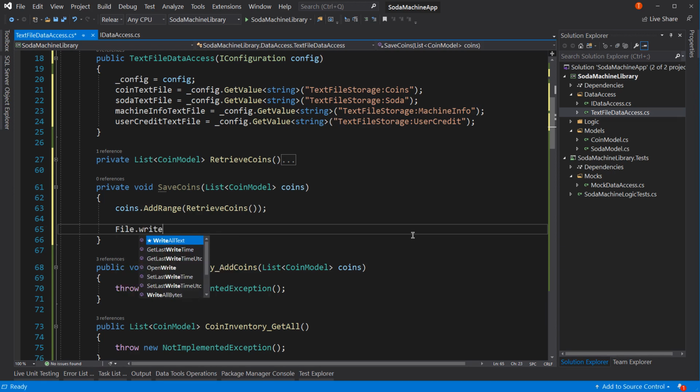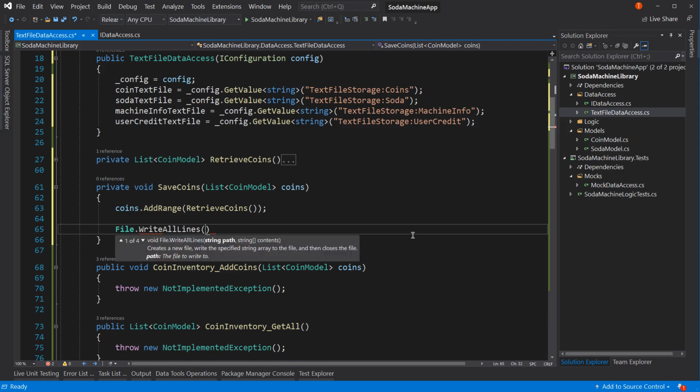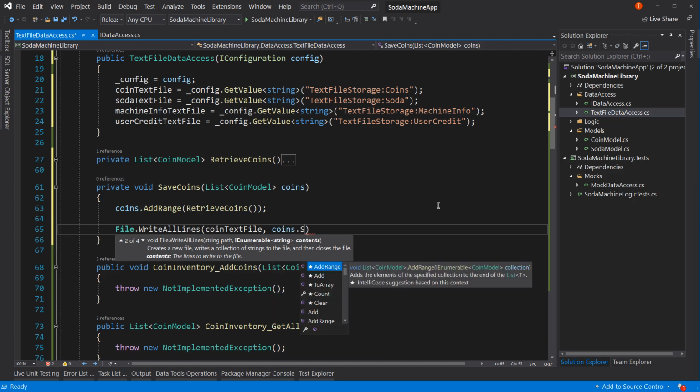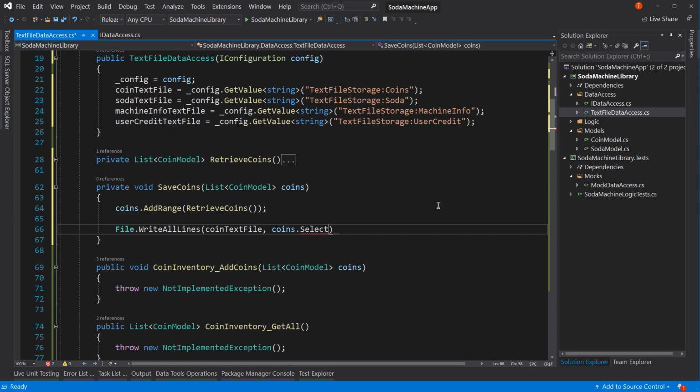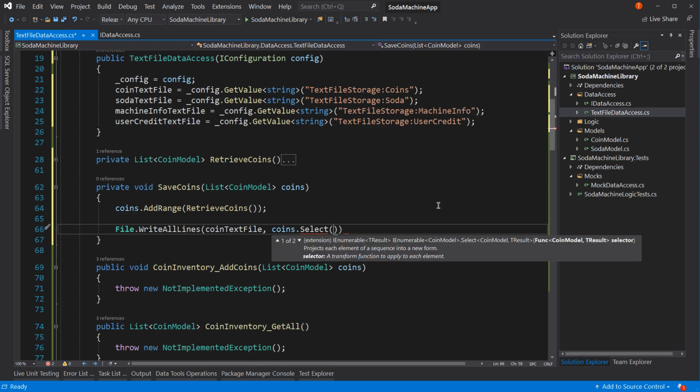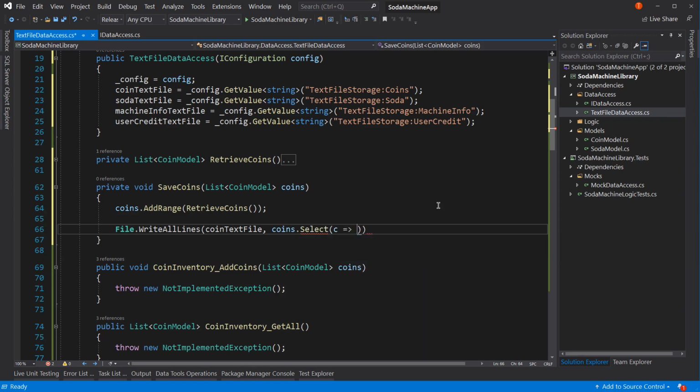File.WriteAllLines, we need a path. Well, that would be our coin text file. But then we need the contents, which is a string array, or an IEnumerable of string contents. We can actually do this inline with LINQ. So coins.Select, which Control-dot to add using System.Linq. And then in here we can say a lambda c arrow function, and then let's do string interpolation. And in